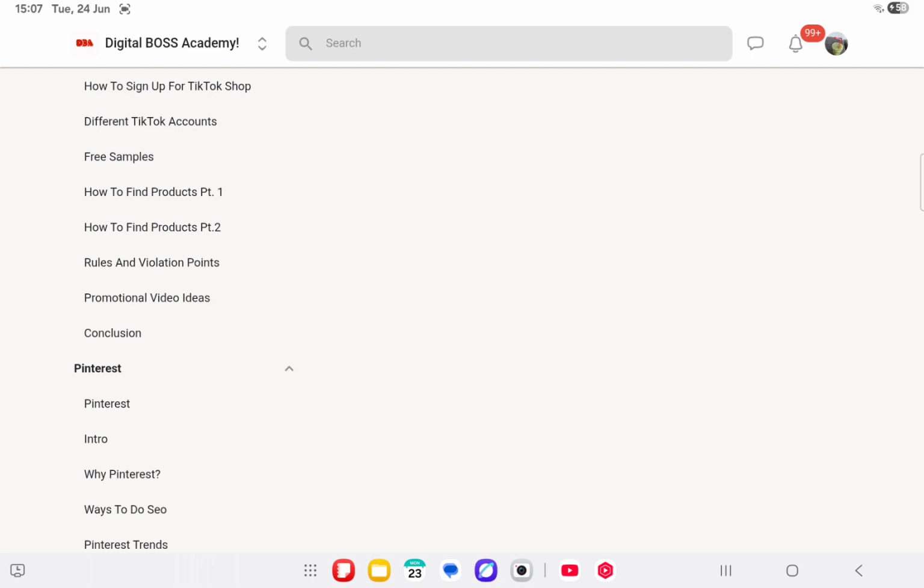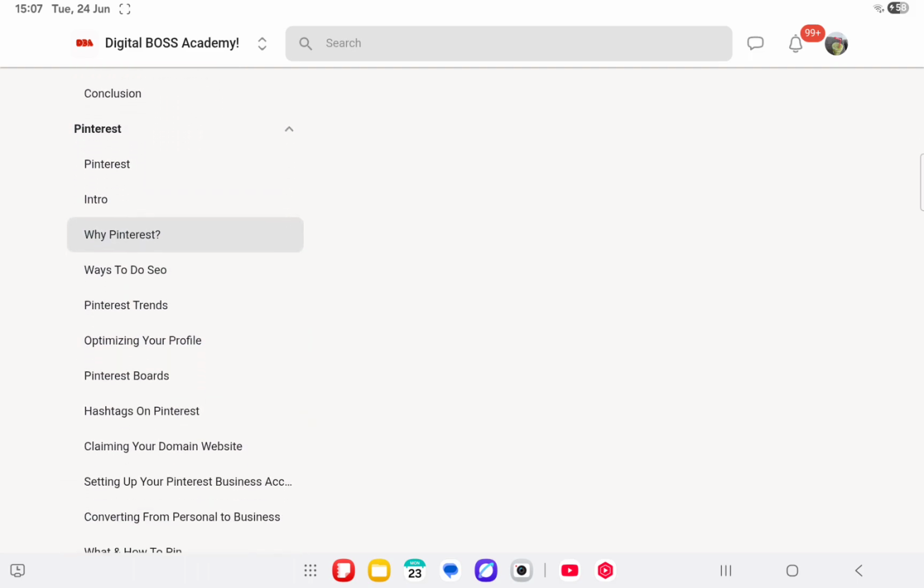Pinterest is an app that is, I wouldn't say commonly used, but it is actually an app that can be used to generate sources of income for yourselves. We will look into why we should use Pinterest to generate income, ways to do SEO, Pinterest trends, optimizing your Pinterest profile,